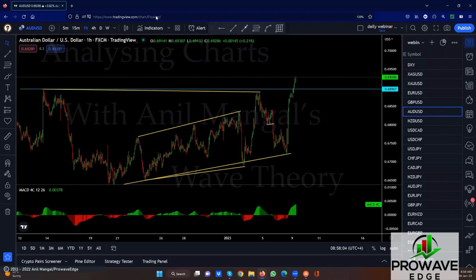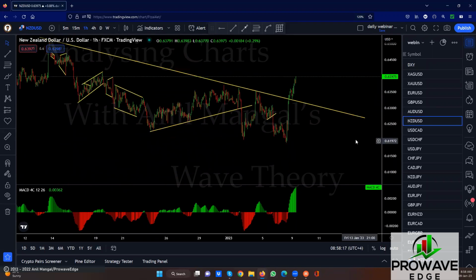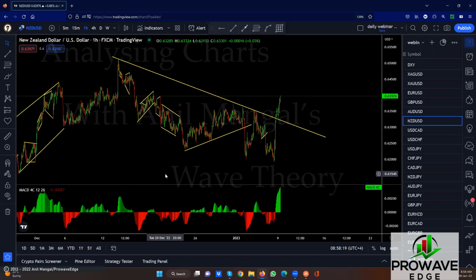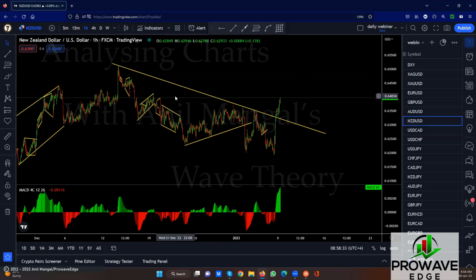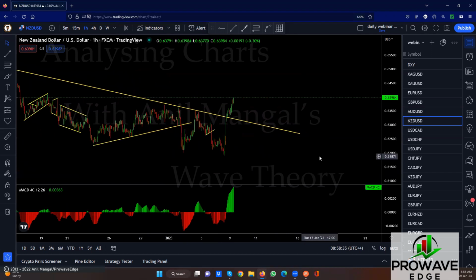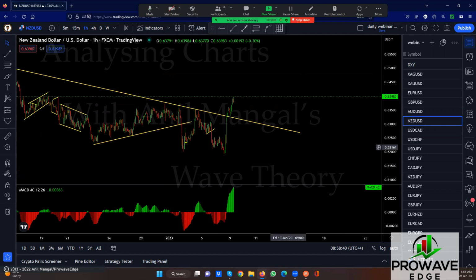One second, guys. Okay, let's go. New Zealand broke out also. Well, New Zealand barely tipped the low, so this one is perfect. Wait for correction buy. I think this one is a little strange with this move. Because this move is a little sharp. This move here is a little sharp, and this looks corrective.